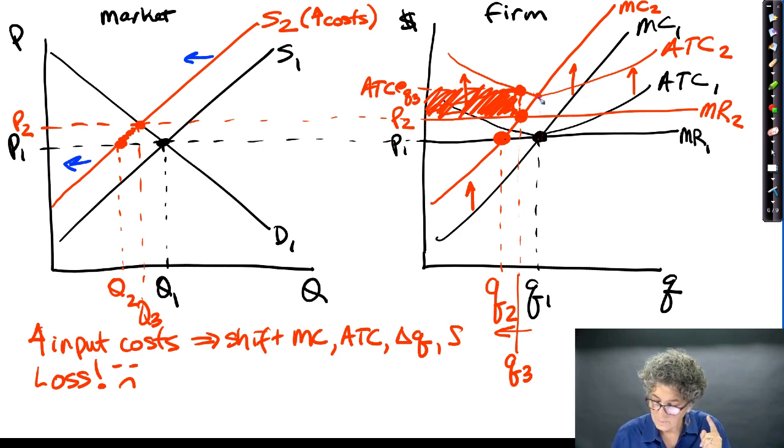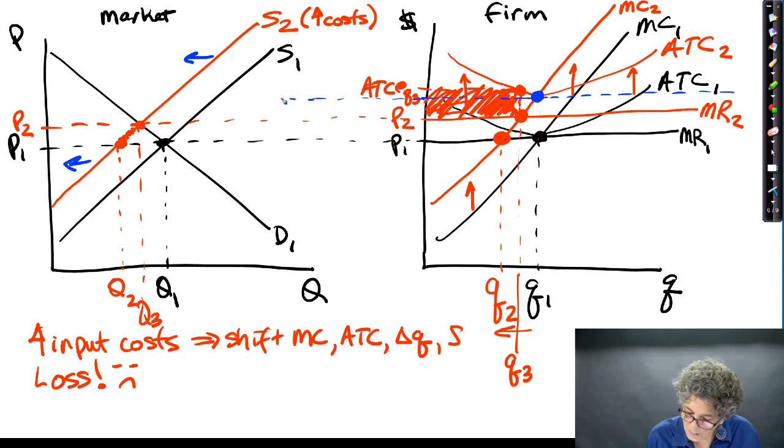Go back over here to your firm picture. The price has to rise until the marginal revenue curve comes along here and intersects the marginal cost curve at that minimum of the average total cost curve. So my third price, where this market's going to settle by the time it's done, that price P3,